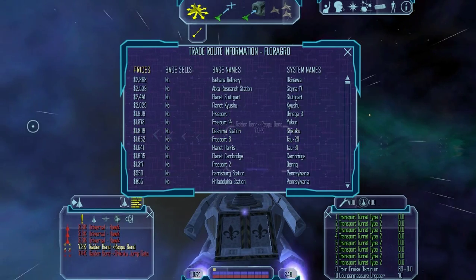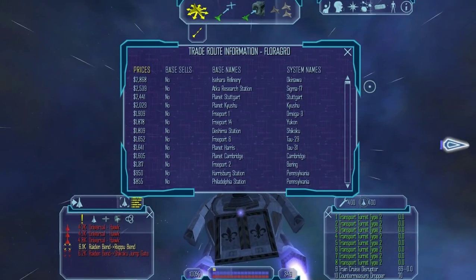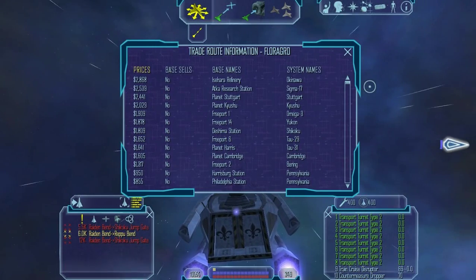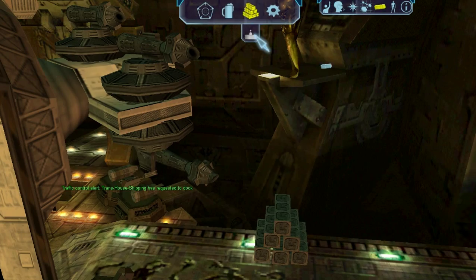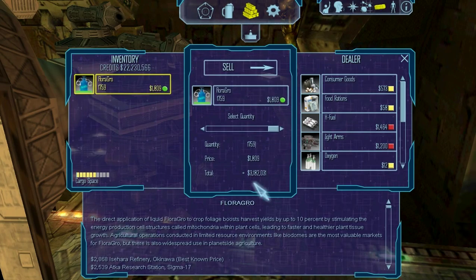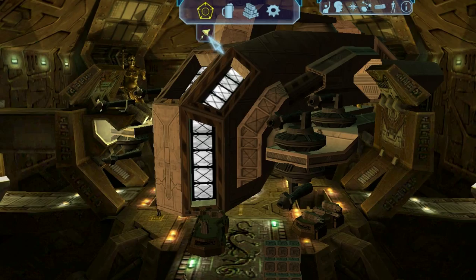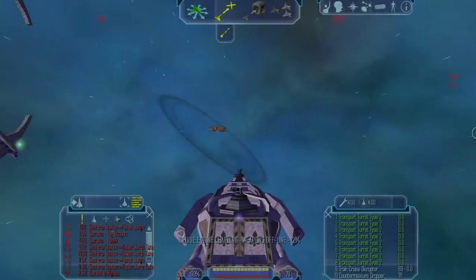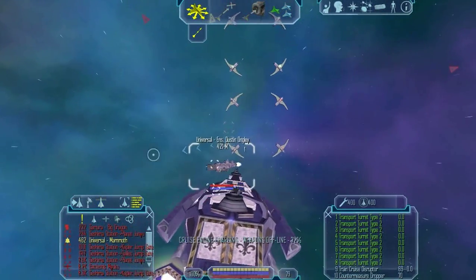So this sells on Deshima Station Shikoku, and as we know, that is only one jump away from here, so that is exactly where we're gonna go. There you go, we are docked on the Deshima Station Shikoku, and as you can see, we got 3 million from this. Like, the overall profit is exactly 3 million because we did not use any money to actually buy...